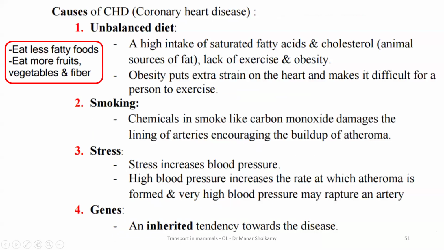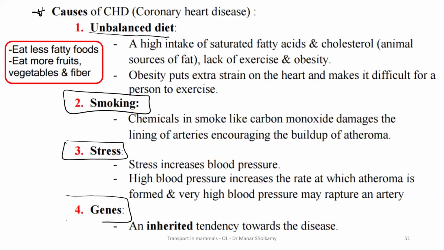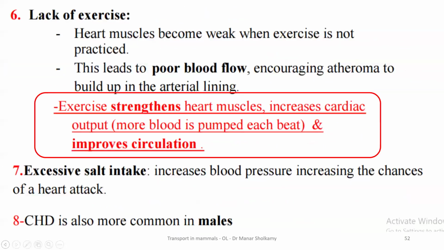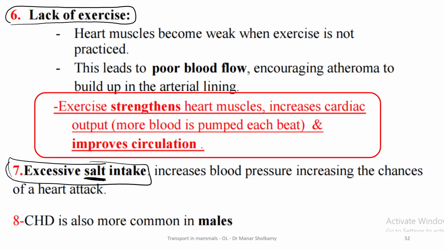Okay, now what are the factors that will increase the chances of coronary heart disease? You can get a question like this. If you eat too much fat, if you're not eating fruits and vegetables and fiber, if you are a smoker, because smoking will damage the inner layer of the arteries, if you are under a lot of stress, usually it runs in the family. If there is a heart disease in one family, it usually runs in the family. Another factor, you're not exercising at all. You're eating lots of noodles and McDonald's. And your diet is very salty because salt increases blood pressure. Also, heart diseases are more common in males, so there is a genetic predisposition.